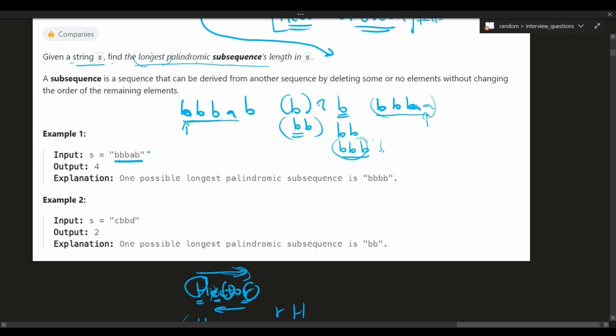But the question said they want the longest. So we have these valid ones, but they are not the longest, right? So what we need is the longest. In this case, the longest will be if we take B, B, B, and B, right? We take this, we take this, we take this, then this